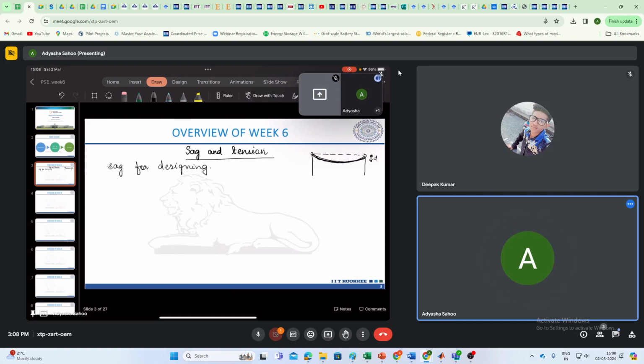because the sag also depends upon temperature, right? Temperature will lead to expansion of the conductor. So let's say we want to have this conductor in certain regions of cold or high extreme temperatures. So we need to consider this calculation of sag,